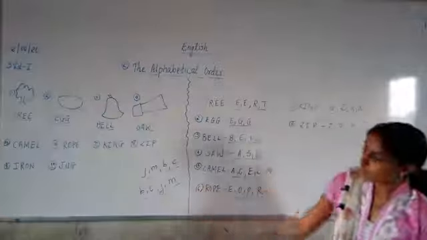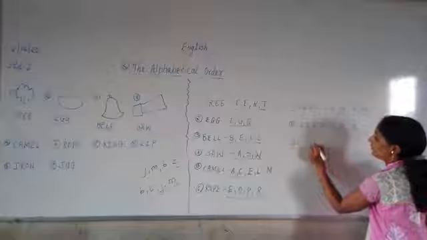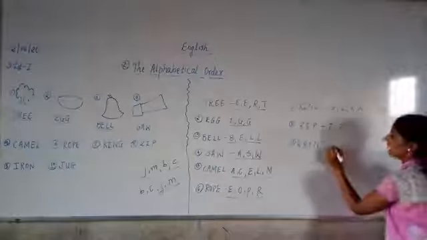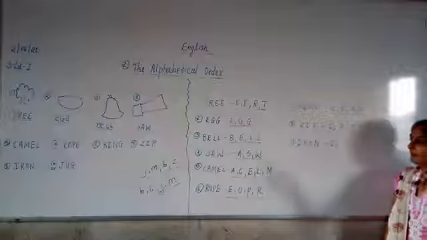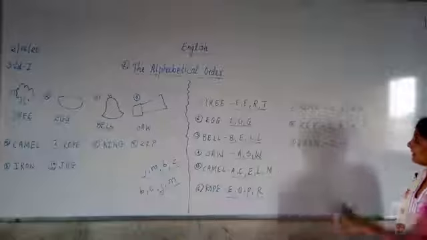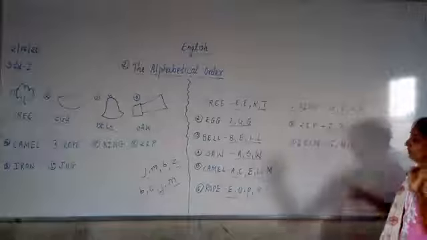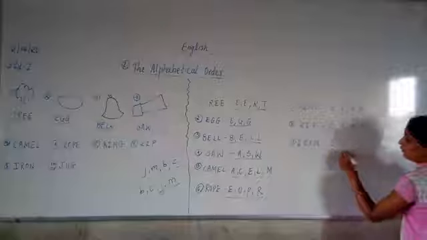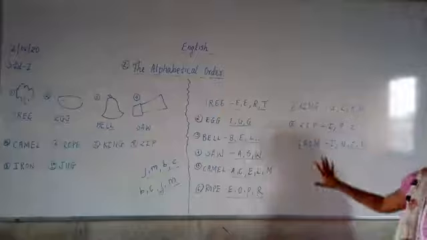Now 9th example which is given over here is iron. I-R-O-N, iron. So first letter which will come over here is I. Right? Then I, J, K, L, M, N. N will be the next letter which will come over here. After N will be O. Correct? M, N, O, then P, Q, R. So R will be after O. So this is the correct alphabetical order of the words which are given in our book.